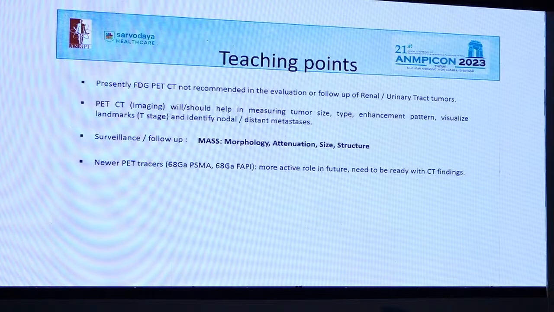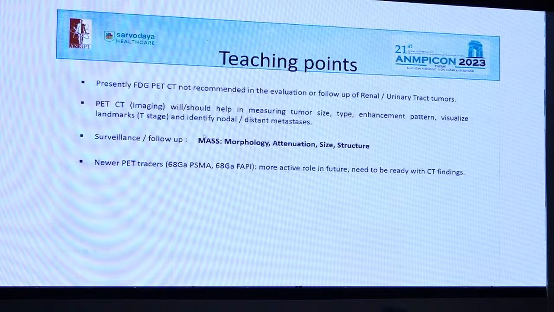So, quite quickly, presently FDG is not routinely recommended in the evaluation or follow-up of urinary tract tumors. PET-CT imaging should help to measure the lesion, its size, the type of the lesion, the enhancement pattern, visualize the landmarks of staging, and identify nodal and distal metastasis, especially in case of renal masses. And as far as surveillance or follow-up of lesions is concerned, especially in patients who are on systemic therapy,